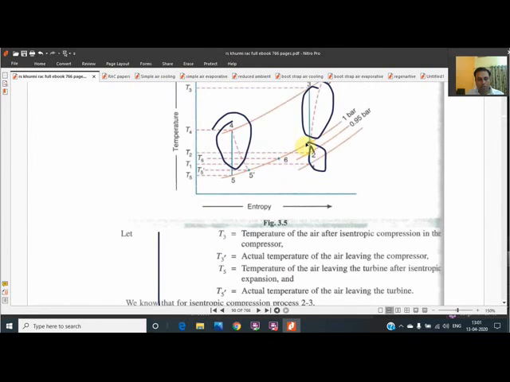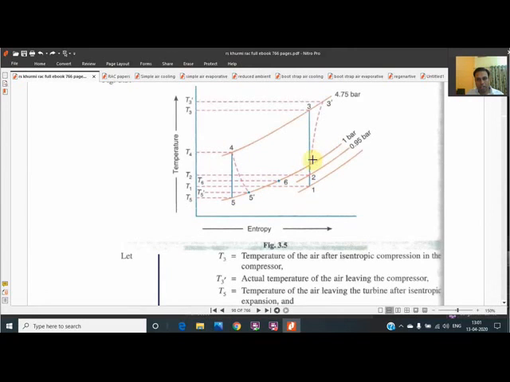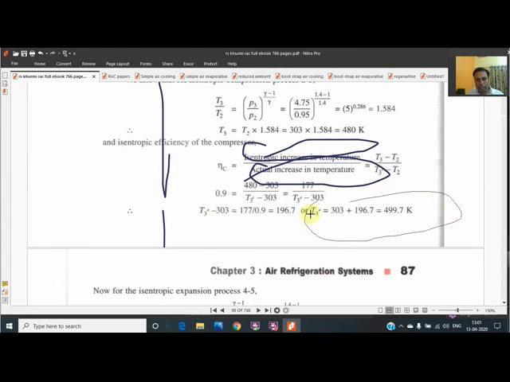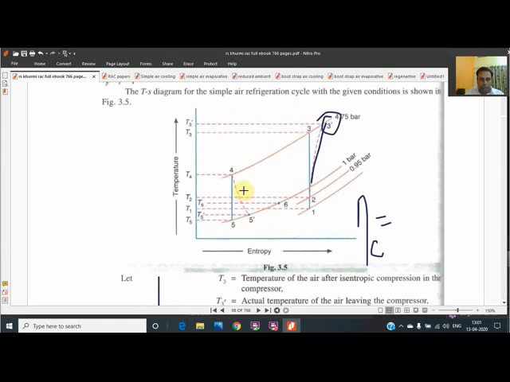And whenever you go like this, means compressor efficiency is given, you get a dash point. And for this, compressor efficiency is to be used, that is CIA. Isentropic temperature increase should be above and actual should be below. And you will get the dash point. Means whatever dash point is there, one unknown is determined. And the opposite is used for turbines, because turbine is used for expansion. For turbine, what used to happen, instead of CIA,